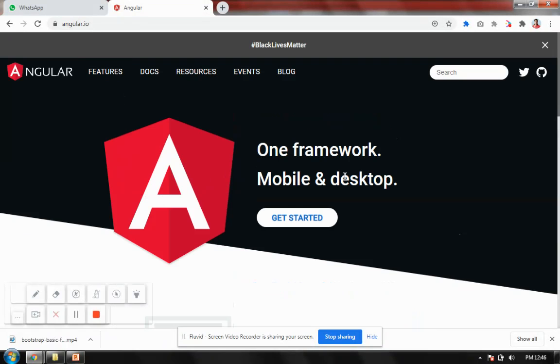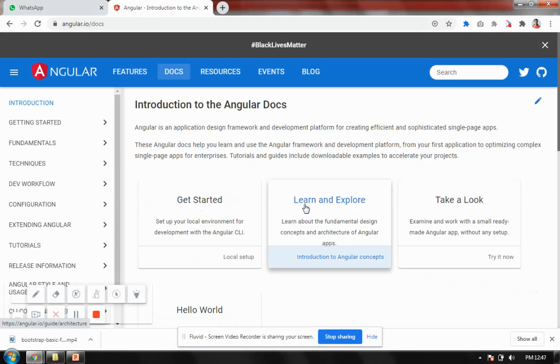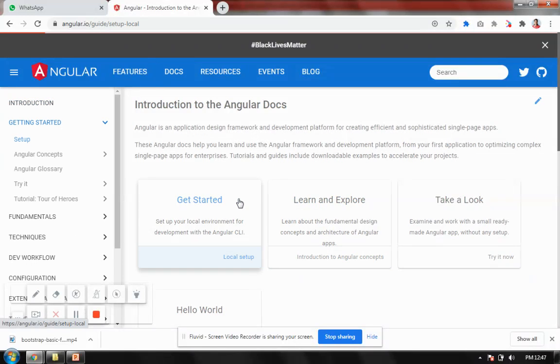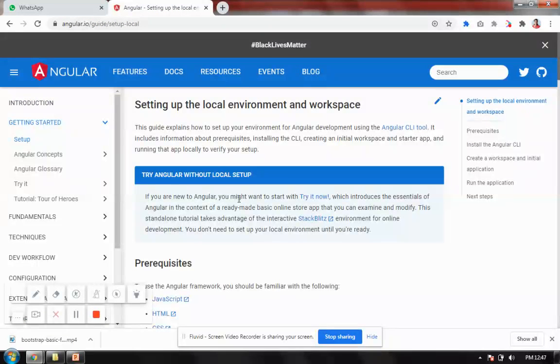You can go first to the documentation part. Angular is a technology where you can develop mobile applications as well as desktop applications. So I click on the start button, and I've shifted to a new page. I'm again getting a new start. That is the first thing. So how are you going to start with that? That means you are going to start with some basic commands.